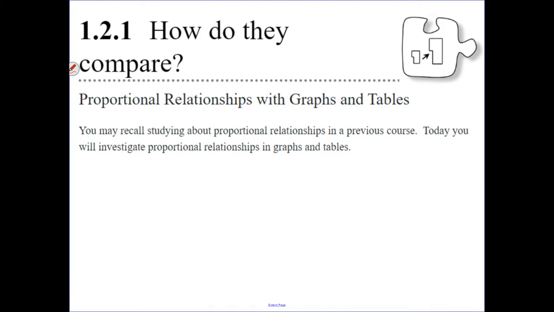Sorry, I got to get my little page turner right here. There we go. Okay, so